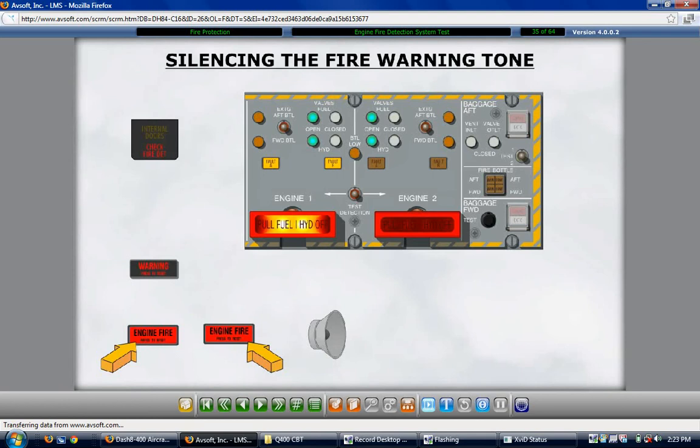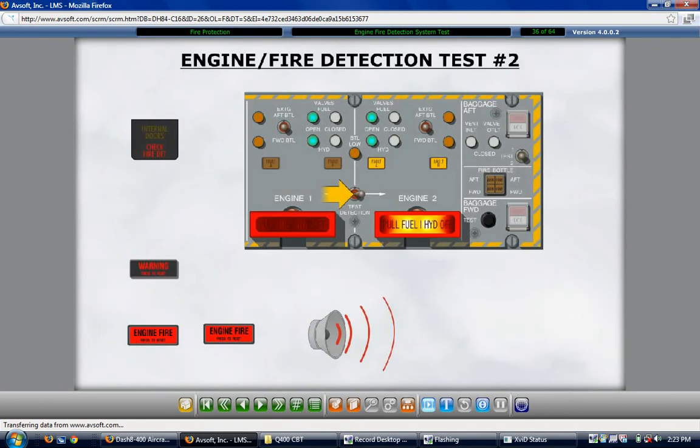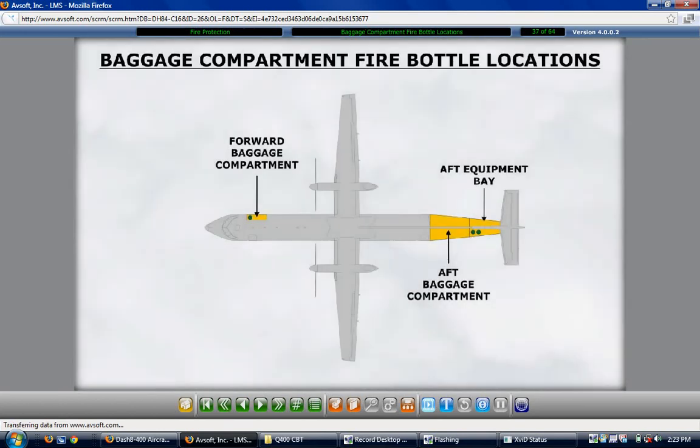Repeat the test selecting engine 2 and observe the same indications for the right engine. Baggage compartment fire extinguishing is provided by 3 fire bottles. Each baggage compartment, forward and aft, has its own high-rate discharge fire bottle located near the respective compartment. Additionally, there is a single low-rate discharge bottle stored in the aft equipment bay that is shared by the 2